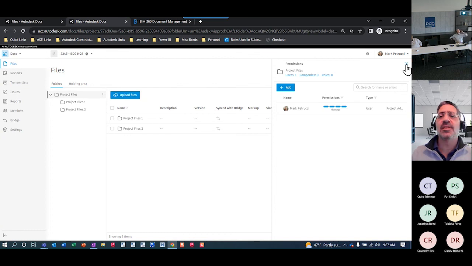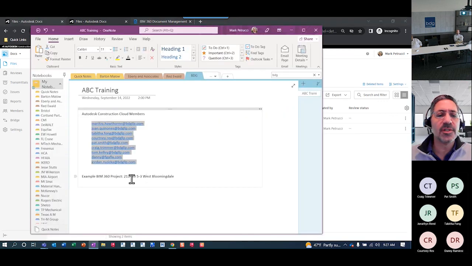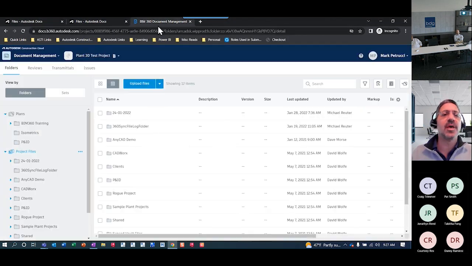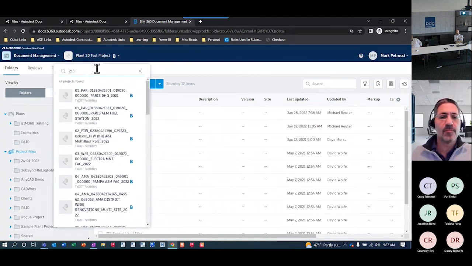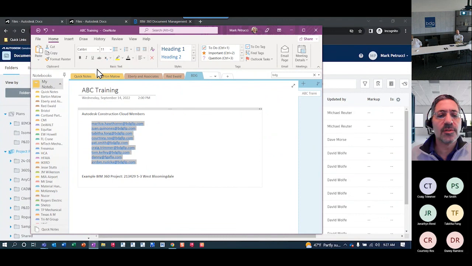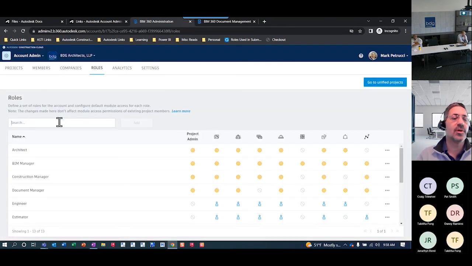But for now, I think what we're looking at, and there is a project I was going to open up here, which is 213. Let's open up that one. There we go. So this is one of your projects, electrical engineer. Or I've got architect, but I don't have